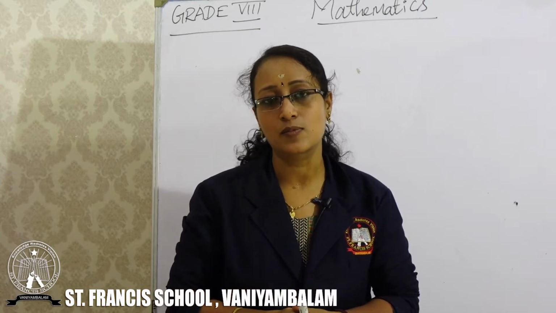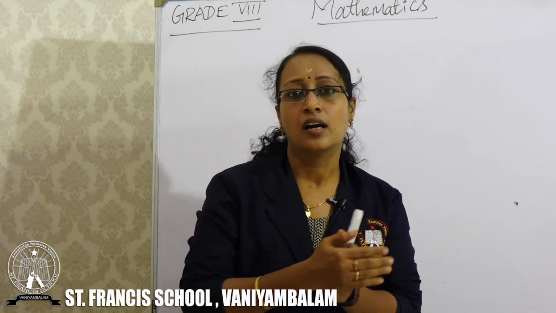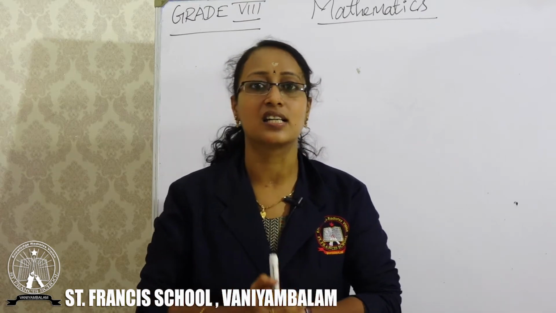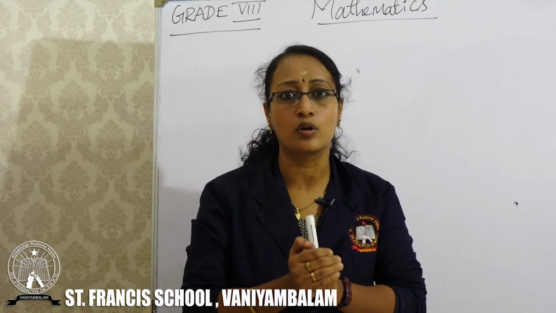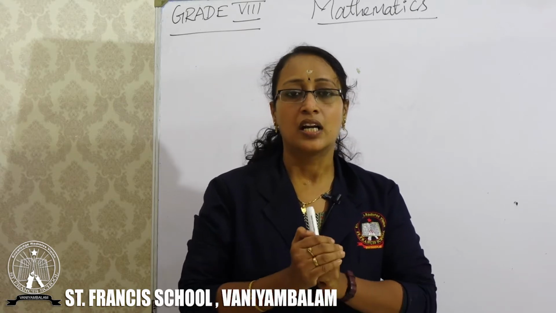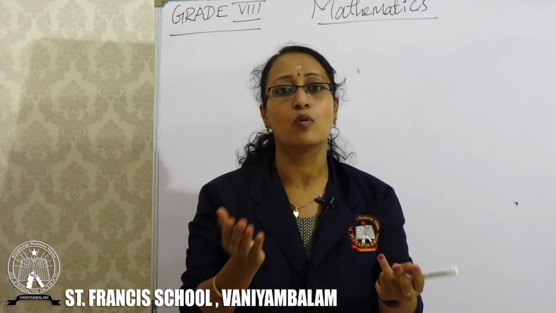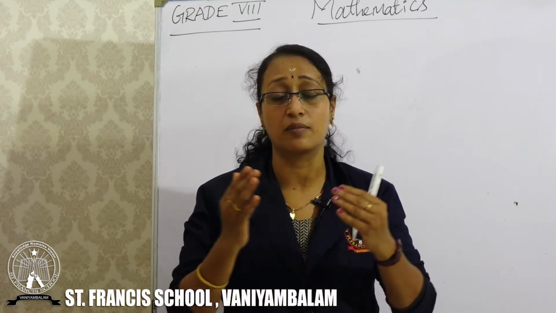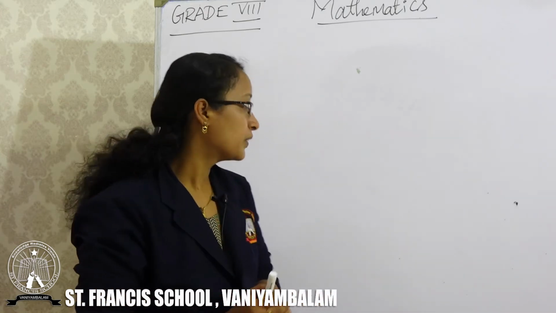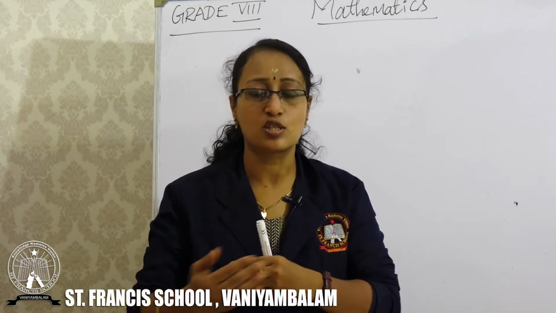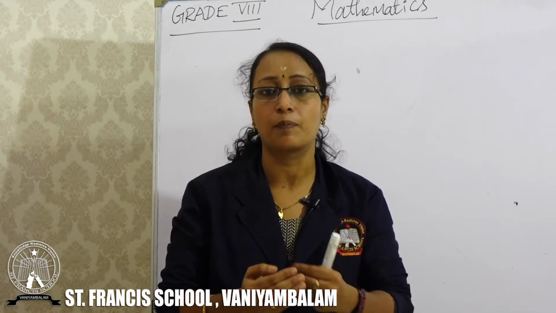In the previous class we had learned how to solve an equation, that is, an expression on one side and just a number on the other side. To find the solution, you find the unknown variable from the expression. Now we are going to study one step advanced: if you have expressions on both sides of the equation, how will you solve the problem? Let's start. Before going to this topic, let us recall our previous topic once again.